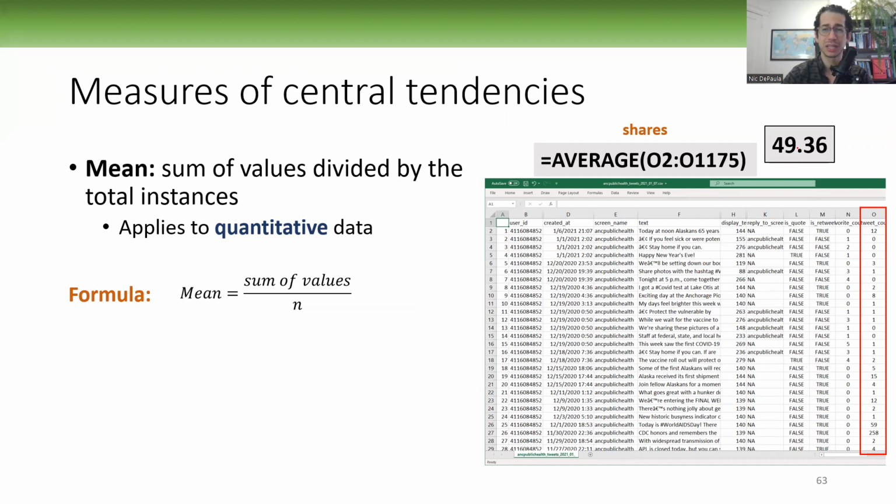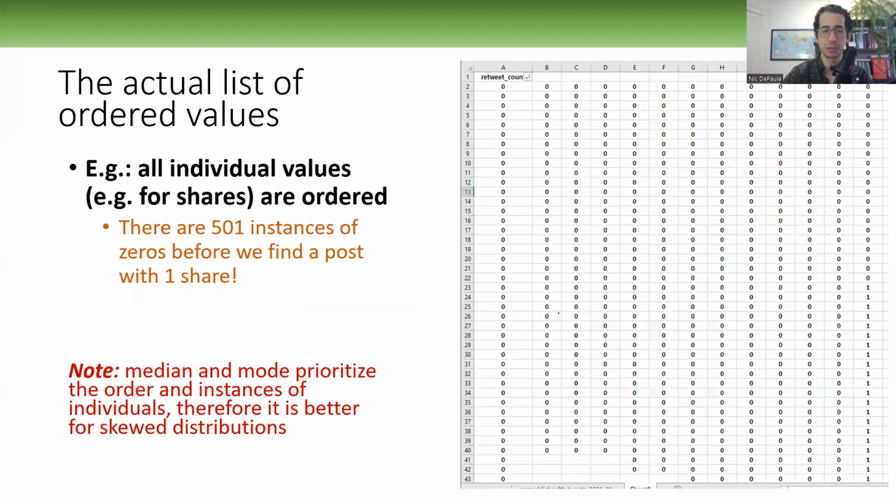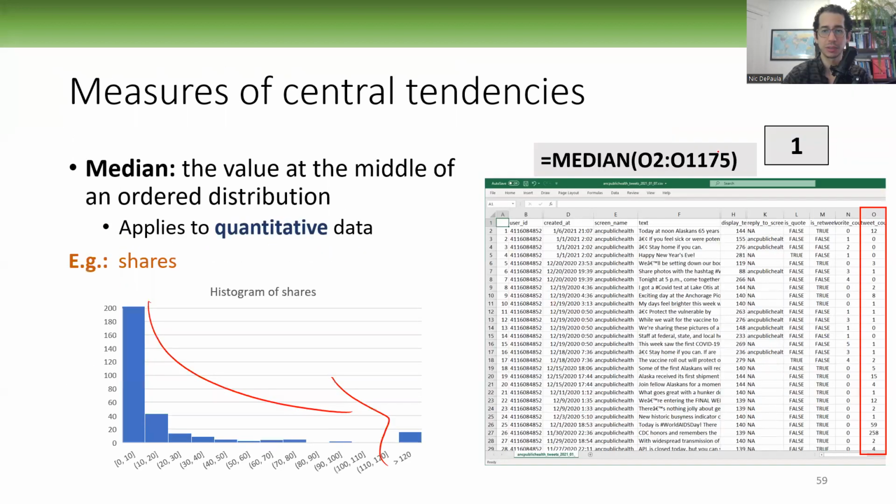Well, that's not very realistic because we know that at least 50% of posts get one or less, because it's ordered. And the median is at 1. So below the median, the bottom 50th percentile is 1 or less. So this is probably a more realistic measure of central tendency for the shares in this data set than